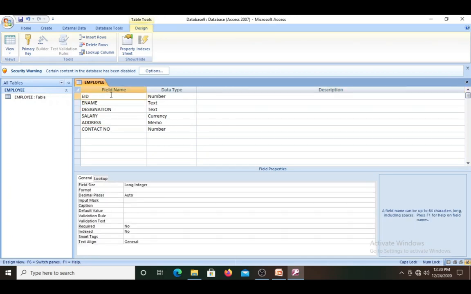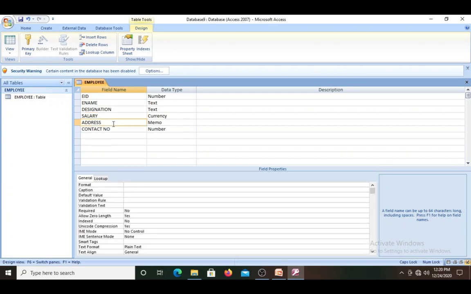For this table, EID is a primary key because ename is a field which may contain duplicate values, designation is a field which may contain duplicate values, salary may contain duplicate values, address may be repeated, contact number may contain duplicate values, but EID doesn't have any duplicate values. For each employee there should be a unique ID. That's why we have to choose the primary key as EID.